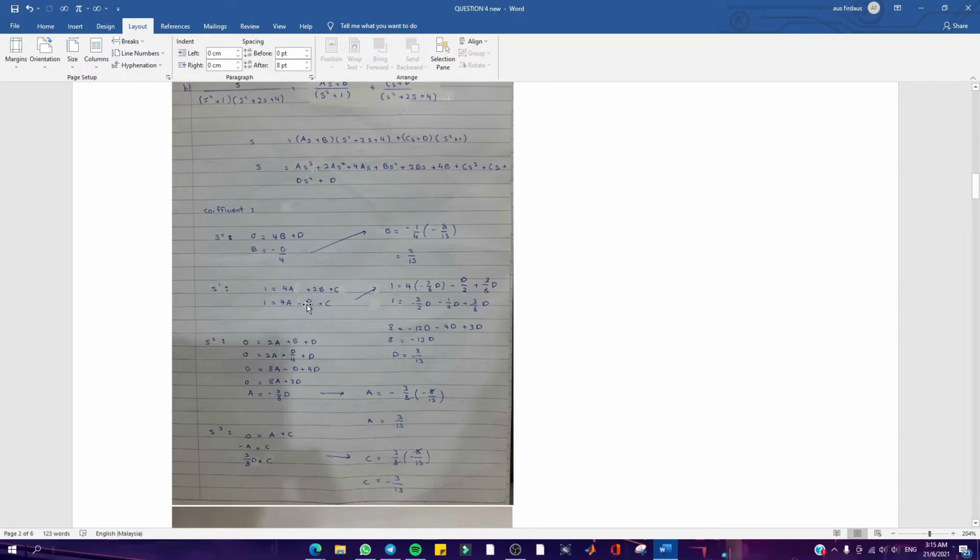So we get the d over 2 here because we have 2b, so 2 slash with the 4 we will remain with denominator 2, so d over 2. And then for here we change the b into the negative d over 4, and then we simplify, we will get a equal to negative 3 over 8d, and then